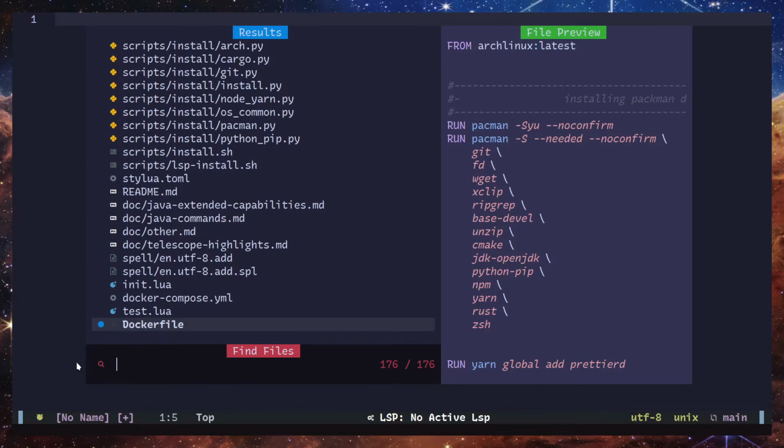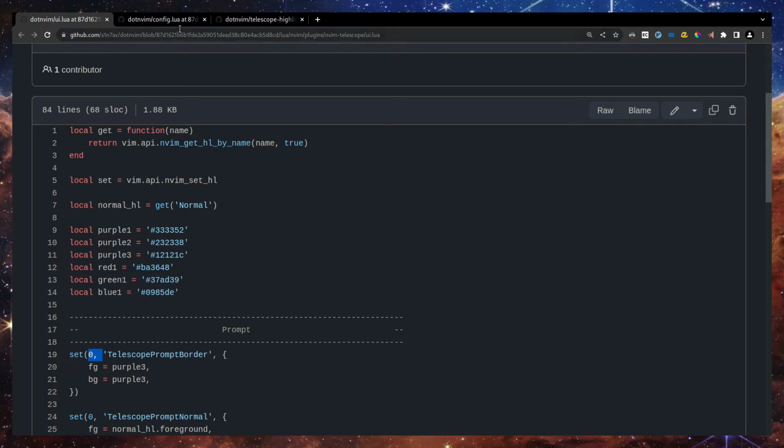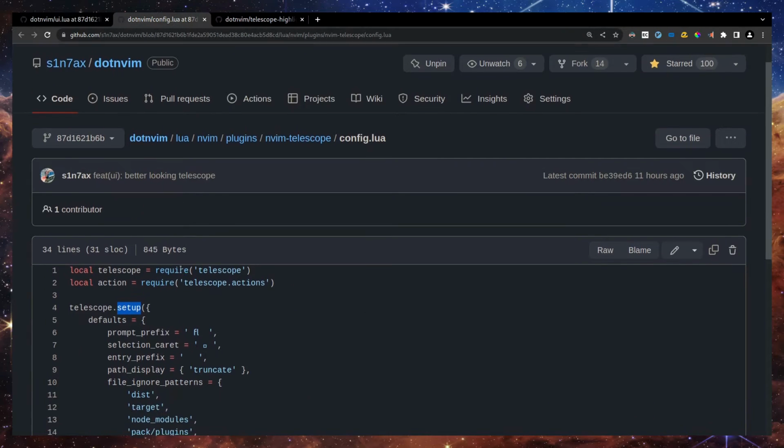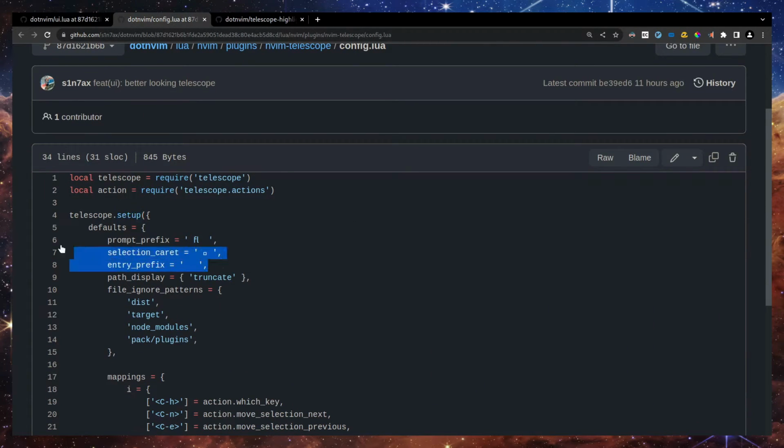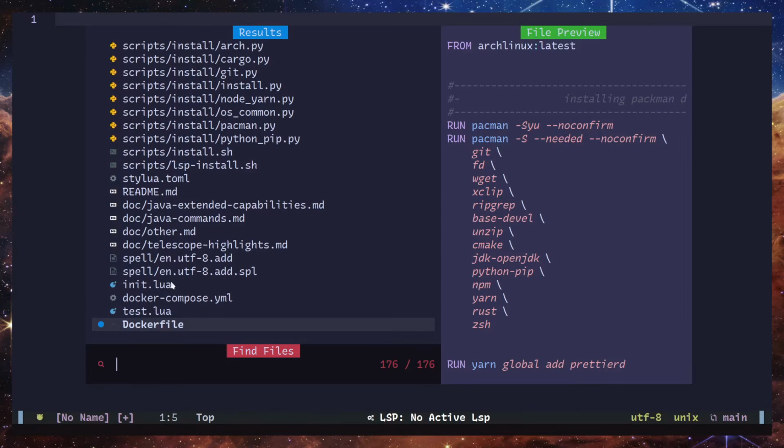if you may have noticed, the icons, the search icon and the caret, the current selection caret, are also changed. To change them in telescope, you have to pass in these three properties. Prompt prefix is the search icon. I don't know why that icon is not displayed correctly in Chrome. Then we have selection caret. As I said, the circle is the selection caret,